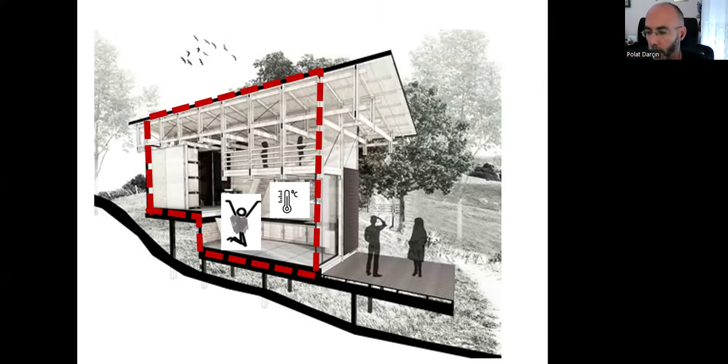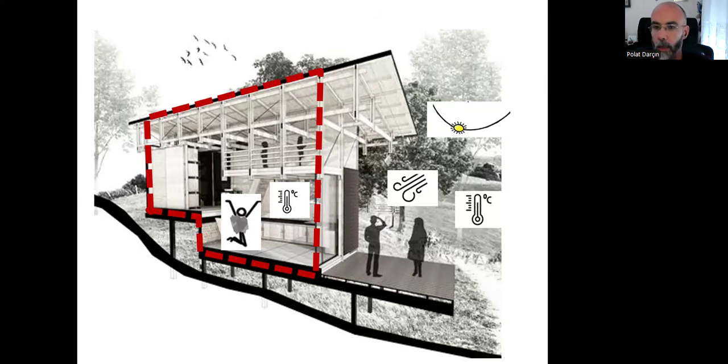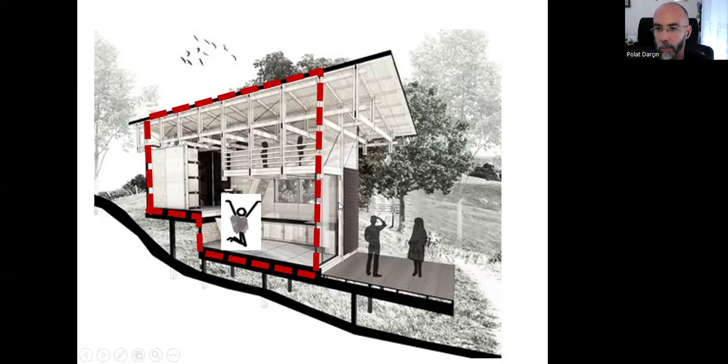But it's constantly being affected by the outdoor environment because there is wind, there is sun rays. If this part of the building envelope gets lots of sun rays, it will heat up and it will affect the indoor air temperature. Or if it gets lots of cold winds, again, the effects will be seen in the indoor environment. Another example, our user needs to be in a sound environment in the indoor area,